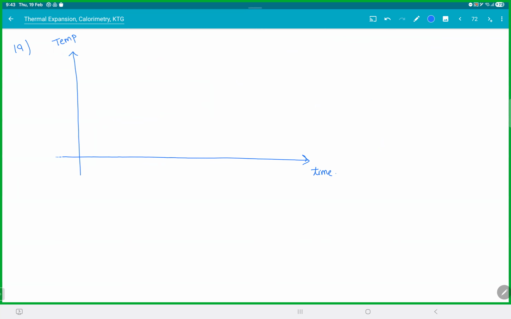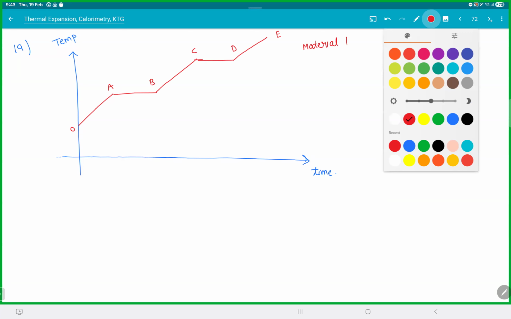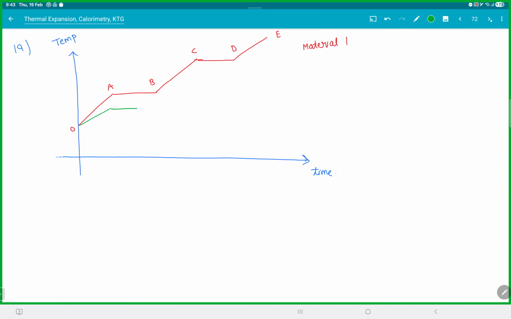This is a graph between temperature and time. This is material 1. This is material 2. So just looking at this graph, I want you to compare